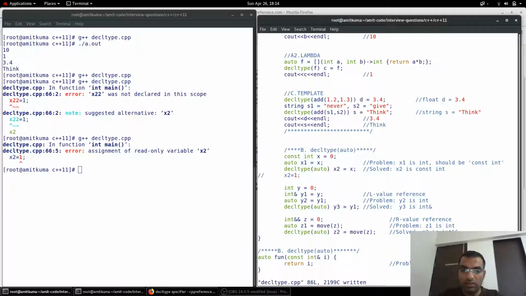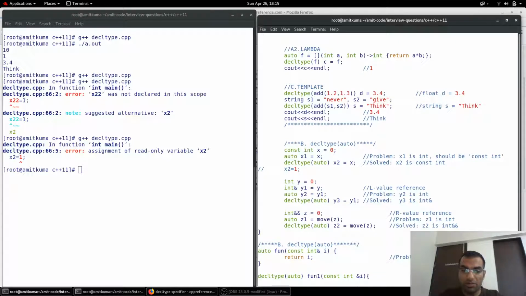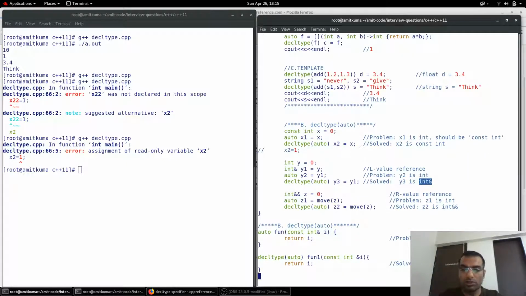Similarly, if we have an lvalue reference and we use auto, the lvalue reference is lost and only int is used, while in decltype(auto) the exact lvalue reference and type are preserved. The same goes for an rvalue reference: if we are using auto and we are moving the variable, it will only take int, but decltype(auto) will preserve it as an rvalue reference. Then in functions as well, we can use decltype(auto).